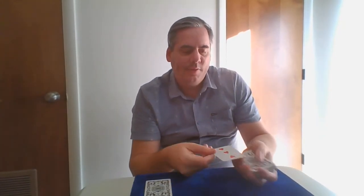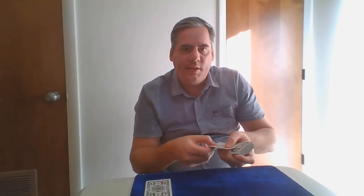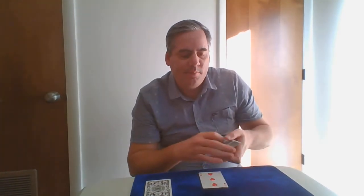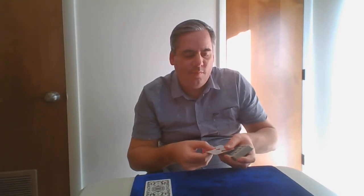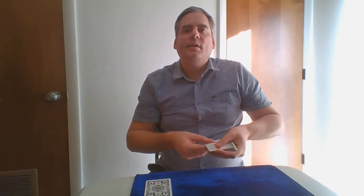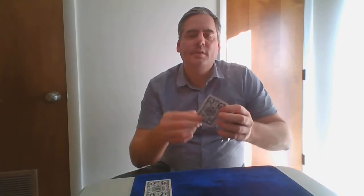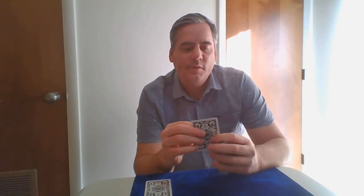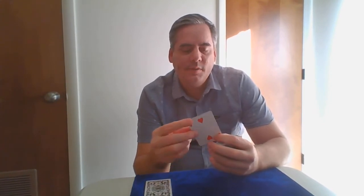Right? Very clean force. Now, you're going to move this like this, okay? Remember, you've got that one reversed on the bottom this whole time. This is a different handling. What you're going to do is it's going to look like it's here, and I'll show you what it looks like. You're going to switch it around like this. It's going to visually look like it comes right off, because what happens is,